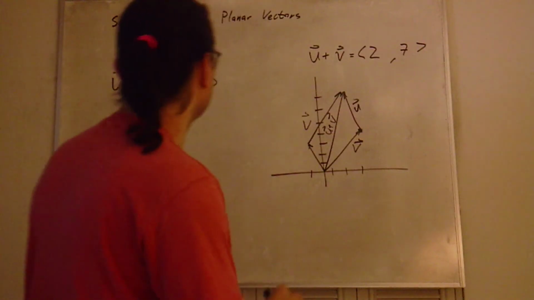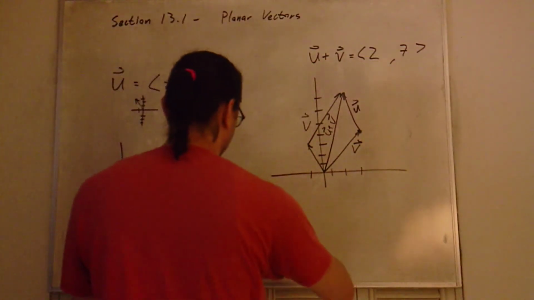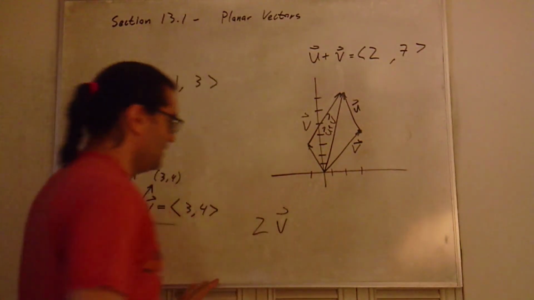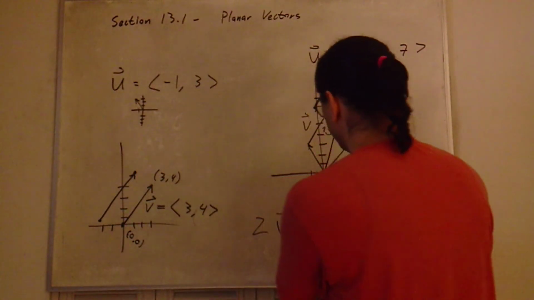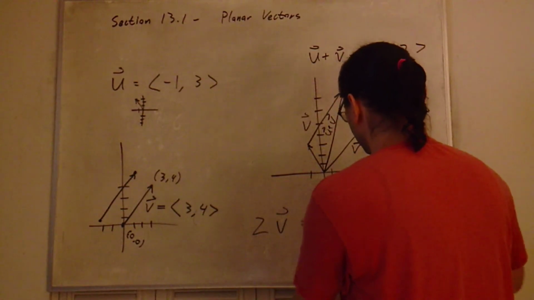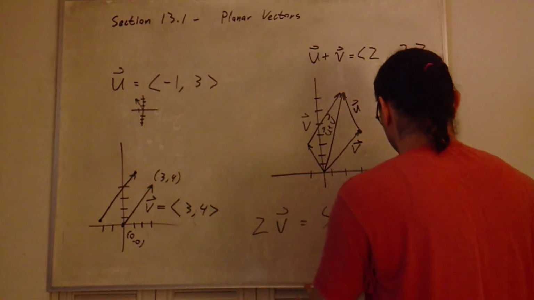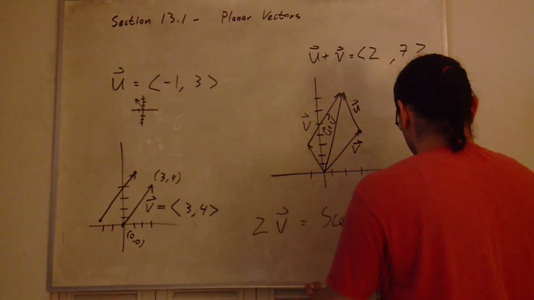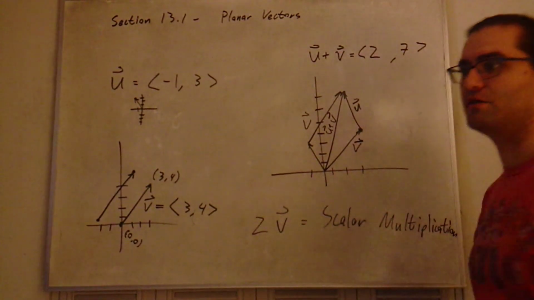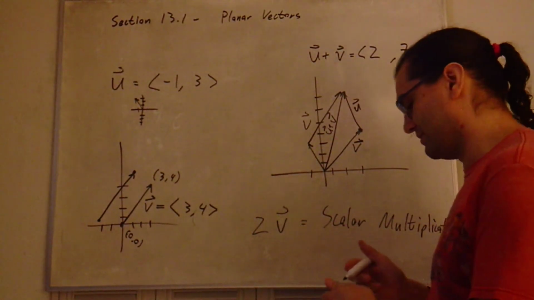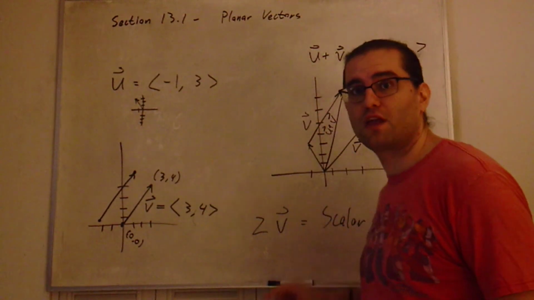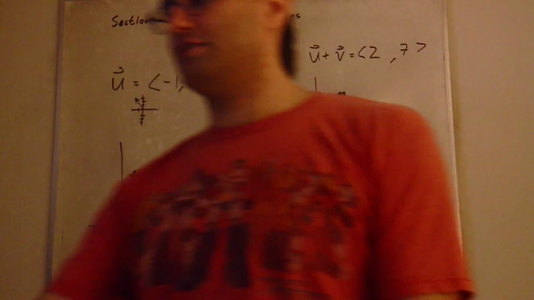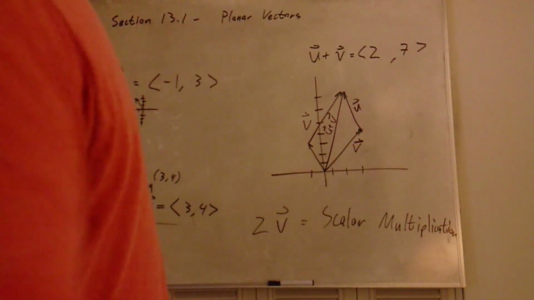I do need to say that when you multiply it by a number, 2v, this is called scalar multiplication. It's called scalar multiplication because it scales the vector. If you multiply something by 2, you get something that's twice as big. There's one more thing I need to say about vectors, and we'll talk about magnitudes in a minute, but first,